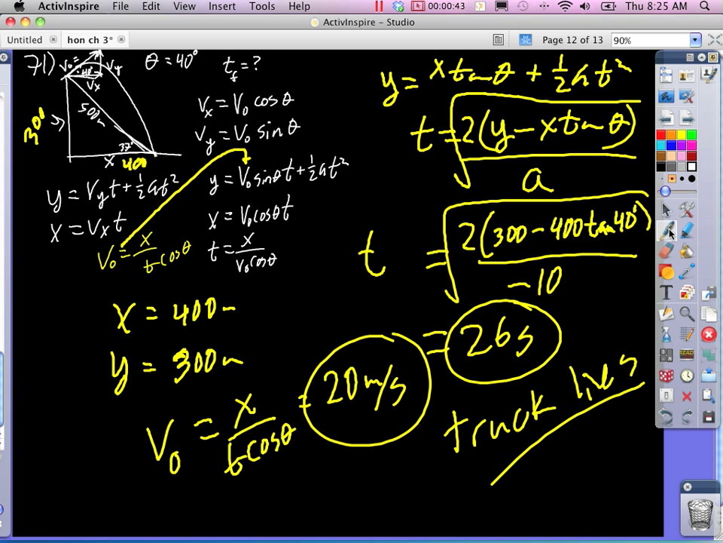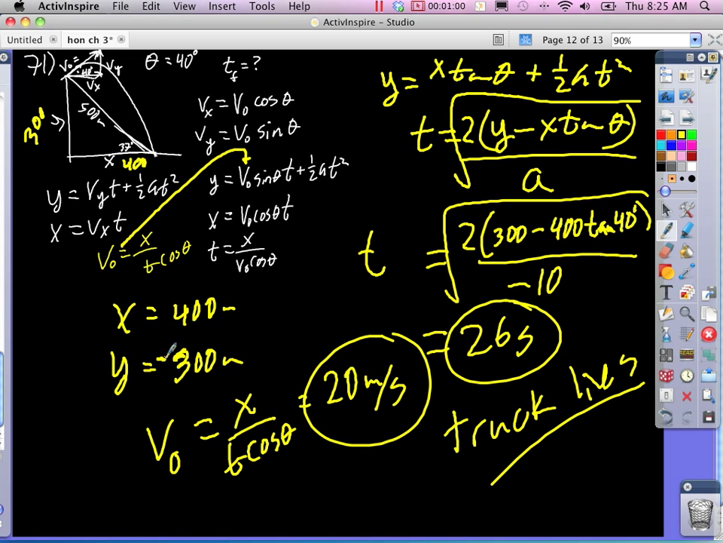Interesting. That y should have been negative. Let's see if that makes a difference. Because the x is positive this way, but the y is negative. So the y should be below. And then if we then